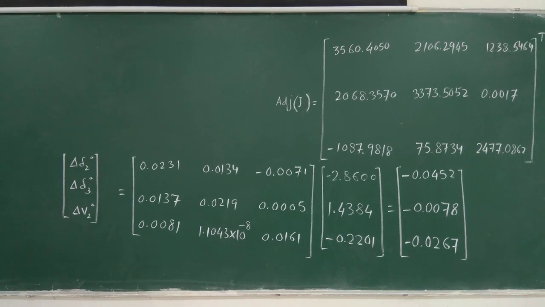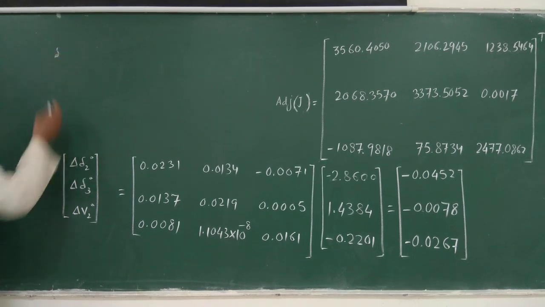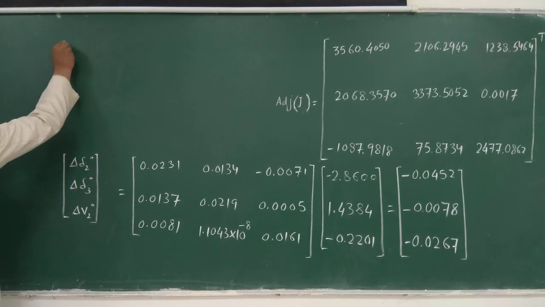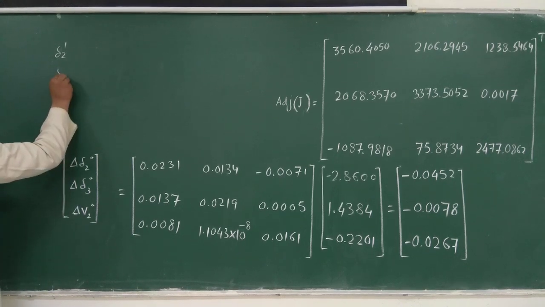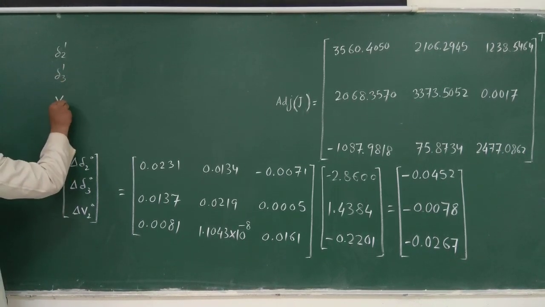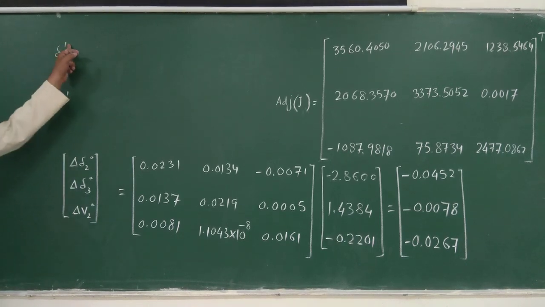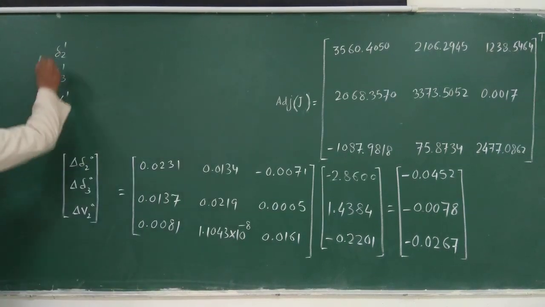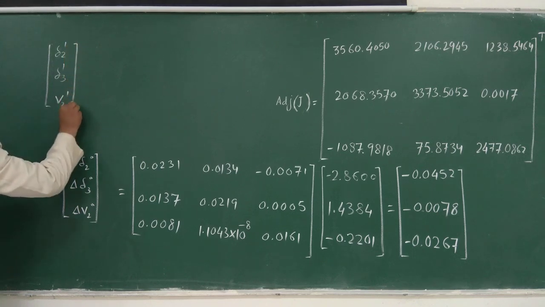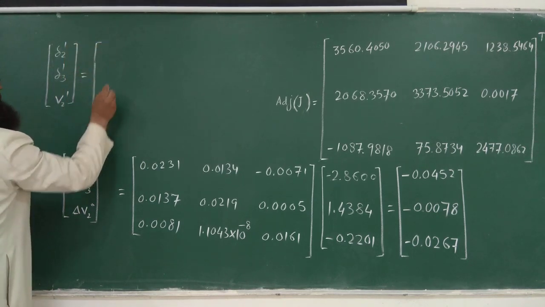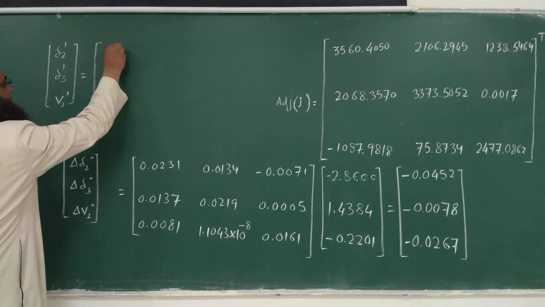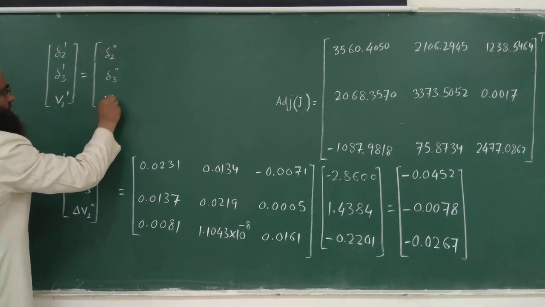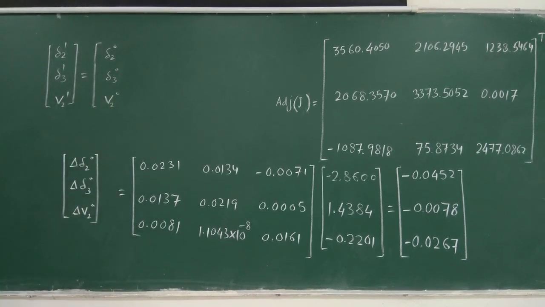How? So your corresponding variables delta 2 1, similarly delta 3 1 and V2 1. Why are we writing 1? These are the values updated at the end of first iteration. So this you may write as equal to initial values. So the initial value of delta 2 was represented by delta 20, this delta 30 and this V20. Fine.